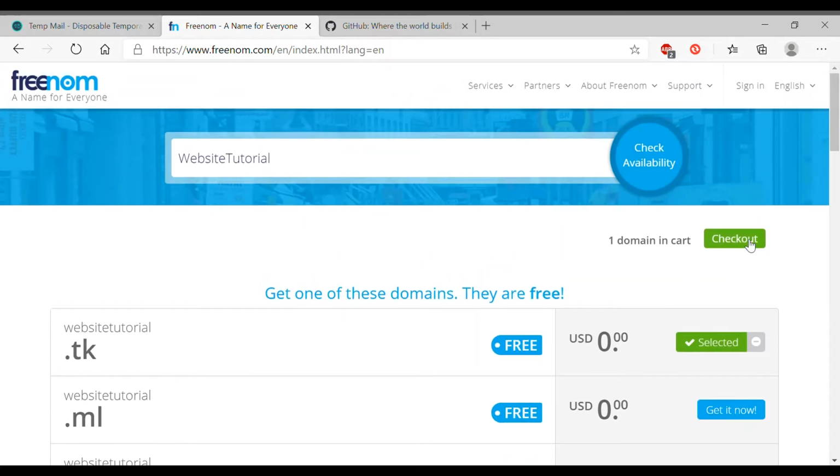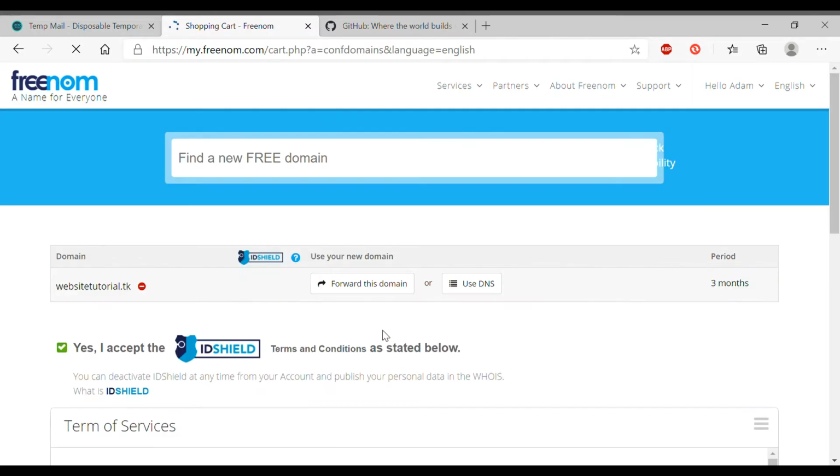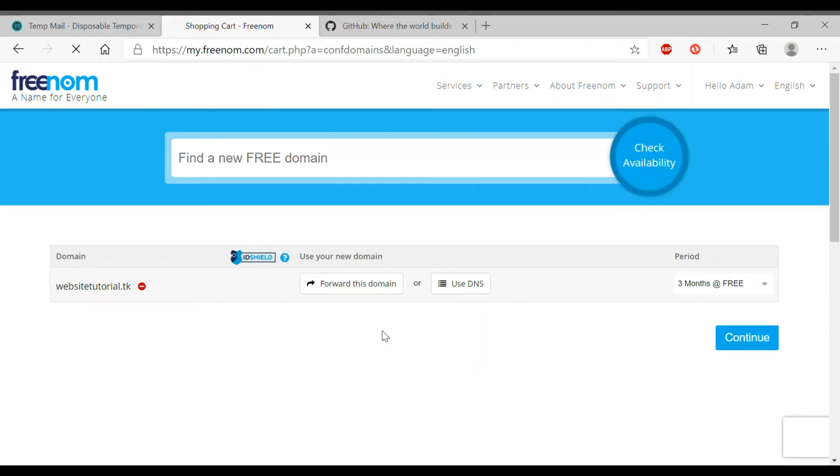You're going to go up to checkout. Then you're going to get up to 12 months free, and you've got to pay. So there it is. Click continue, and then